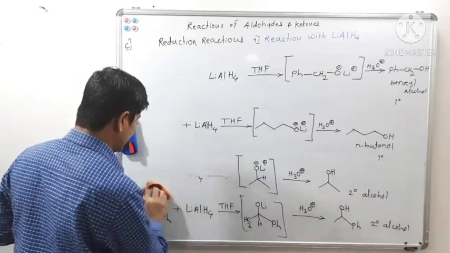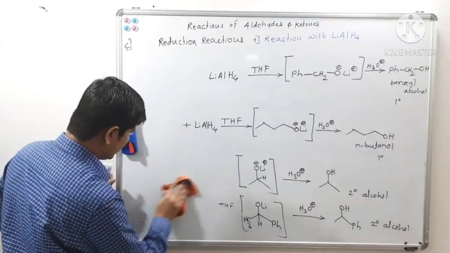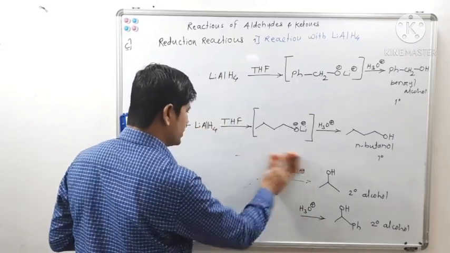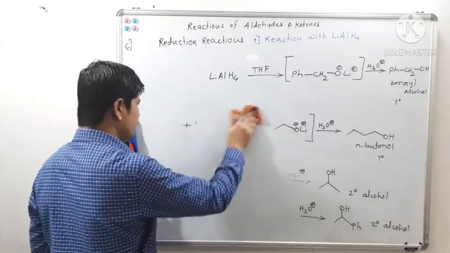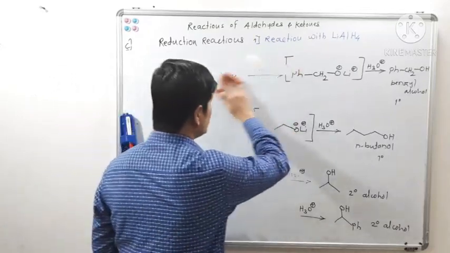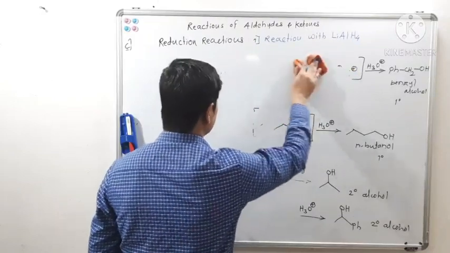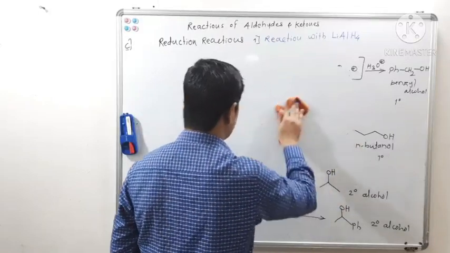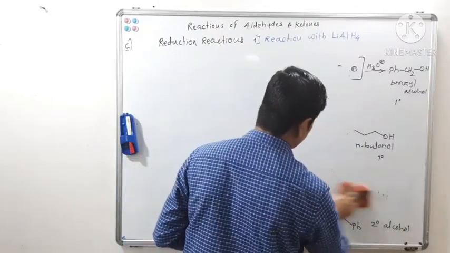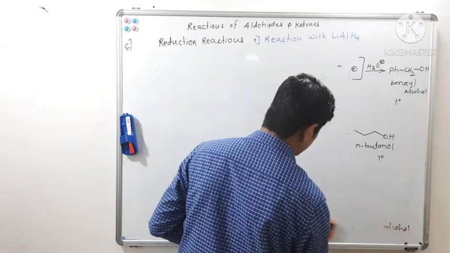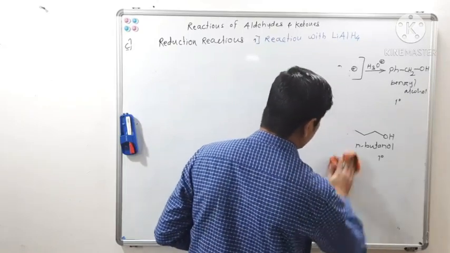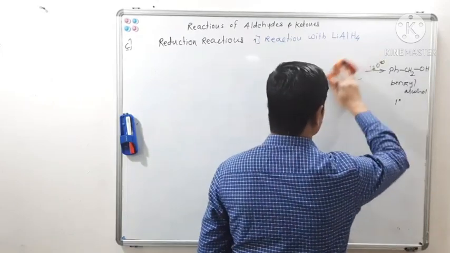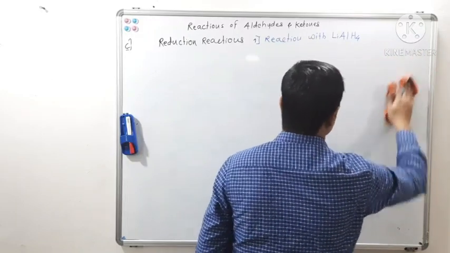So what I have said is about the reactivity of lithium aluminum hydride. Lithium aluminum hydride is a very strong reducing reagent. It can reduce other functional groups also, which are present. When another functional group like nitro, carbon-carbon double bond, carbon-nitrogen triple bond, or carbon-nitrogen double bond is present in an organic molecule along with an aldehyde or ketone, then that other functional group can also get reduced, isn't it? Let us see.